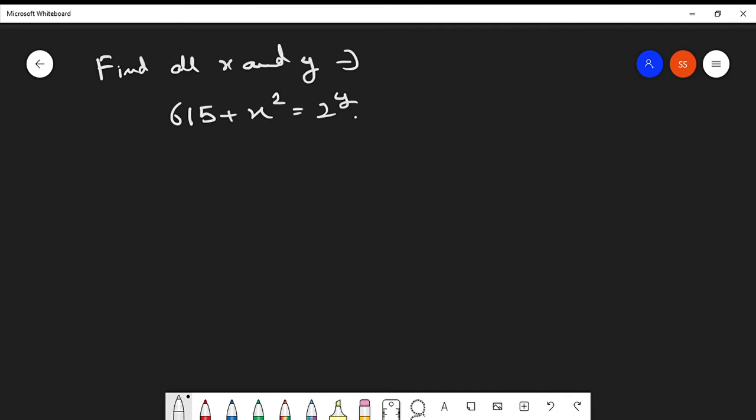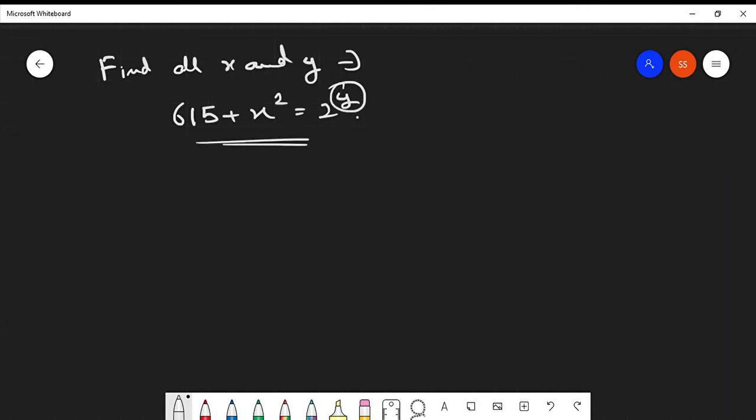So how can we solve this particular problem? Let's see. First thing first, we need to check what can be the values of y, such that this problem can be solvable. Clear? Basically, first things first, if I take 2 to the power y mod 10, then what remainders will we be getting? We can get 0, 2, 4, 8, and so on. Clear? 6 we can also get.